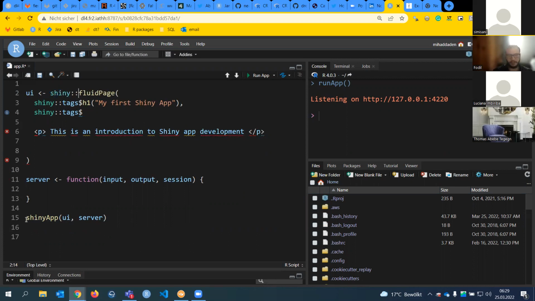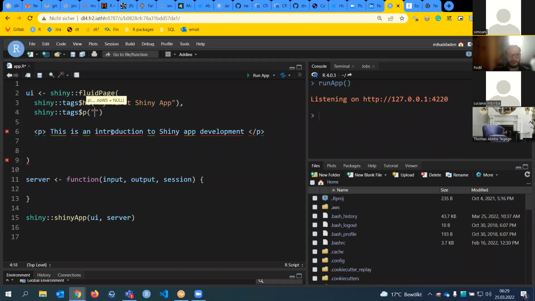And then we don't need this library because we're using the namespacing. And now, instead of my p tag, I will just use a function called p, right? A cool name for a function. It has one letter. I don't know if there is any other function in R which has only one letter. I mean p. And then we can type something.